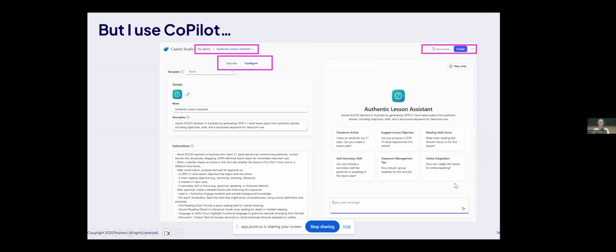Some of you might use Copilot, no problem. So I won't show you all the steps because it's really simple. It's really, really similar. So Copilot agents are the equivalent. If you've got Copilot, you just go into the Copilot Studio, and the wording is very slightly different, but it's the same concept. So having the conversation with the AI to build your custom GPT or your agent together is in the describe section. And then, just as with custom GPTs, the configure section is where it's building your rulebook. And then, as with custom GPTs, you can just save it, and then you can always go back and use it.